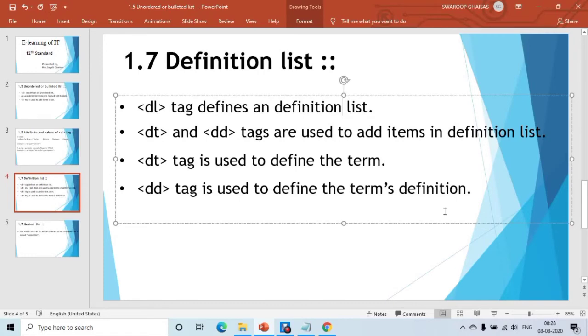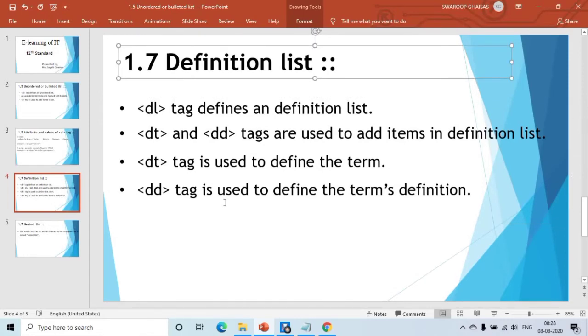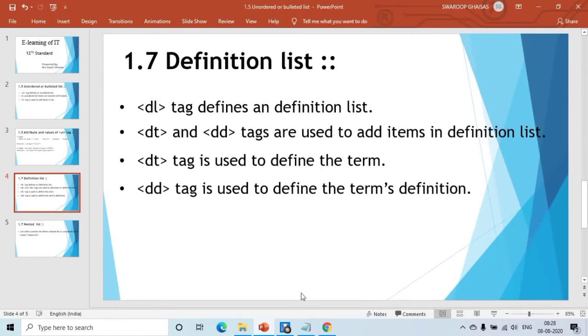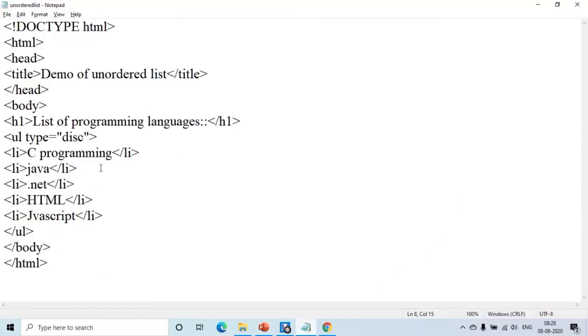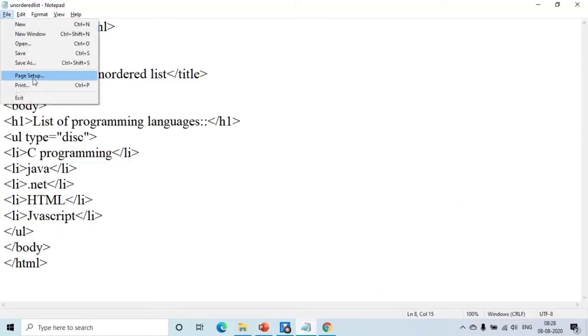Suppose you want to write a definition for system, then you can use DT for the definition term, that is system, and to provide the definition of system we will use the DD tag. So in this way a definition list is created with the DL, DT and DD tags. Now again let us write a program to understand this concept.